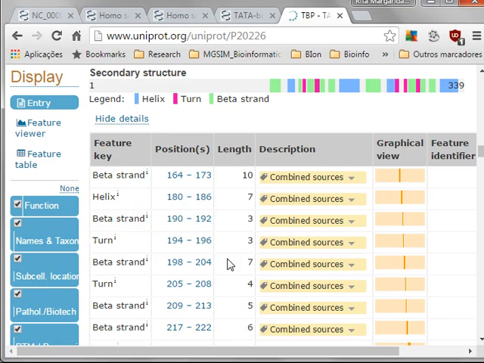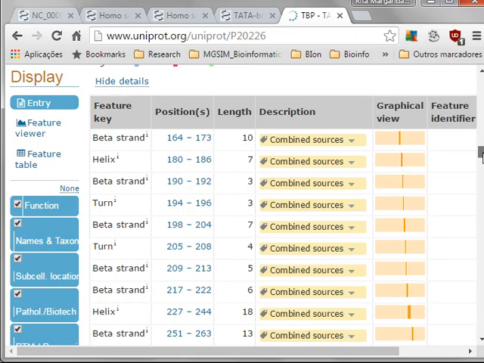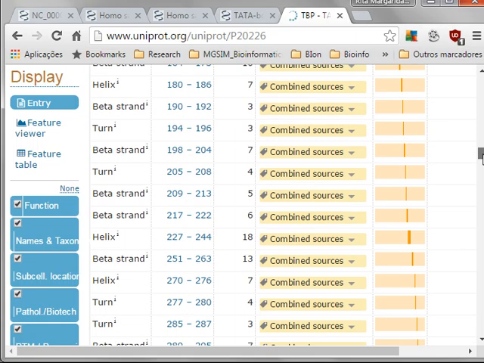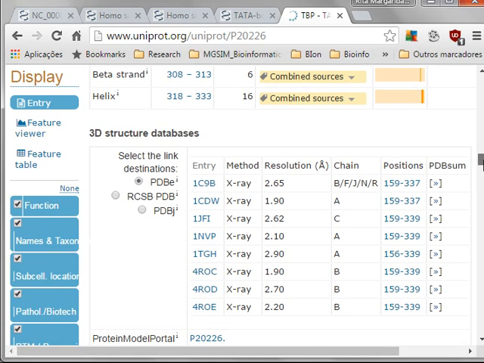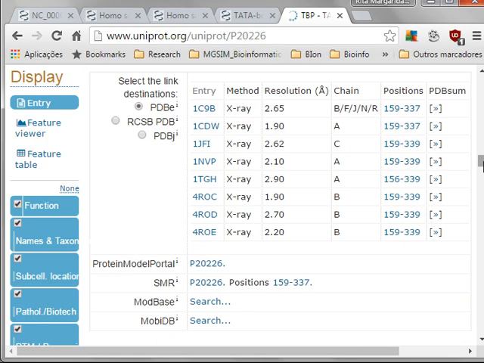These structures may be predicted using PSIPRED, one of the tools that allows you to predict secondary structures. 3D structures are very complex, and they may be accessed in PDB, the Protein Data Bank,